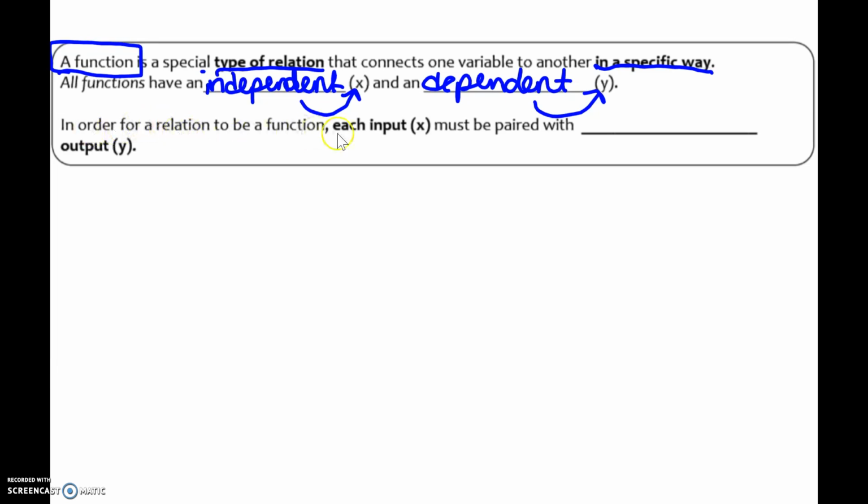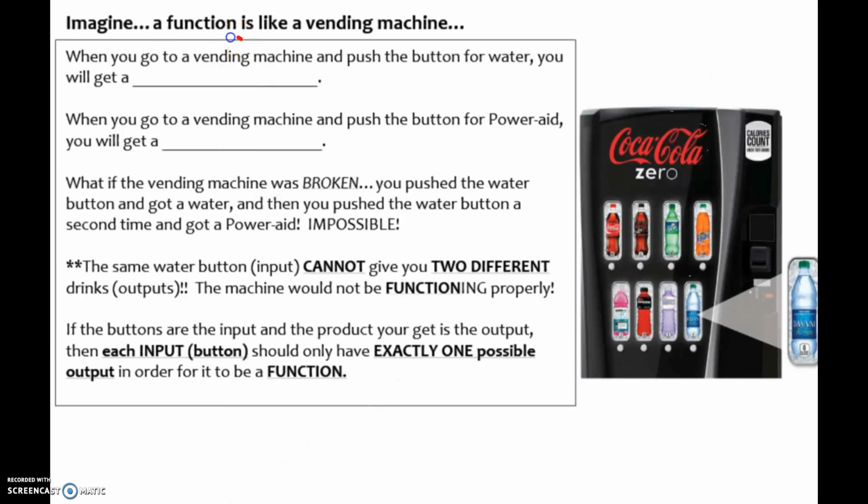So in order for a relation to be a function, the special or specific way that those two variables need to be related is each input or each x value must be paired with exactly one output y. Okay, so for each x value, it has to be sent to or paired with exactly one y value. So we're going to imagine that our function that we just spoke about is like a